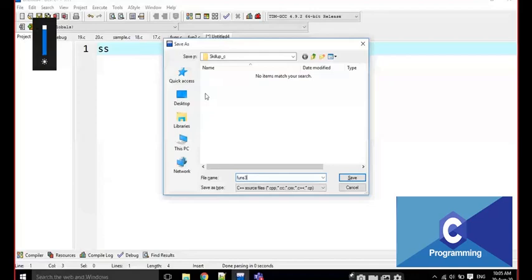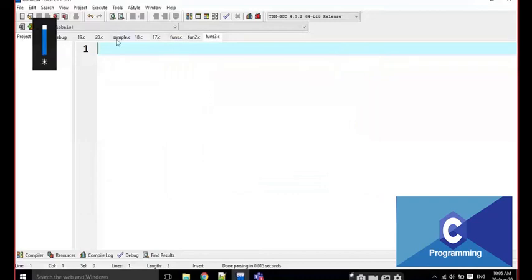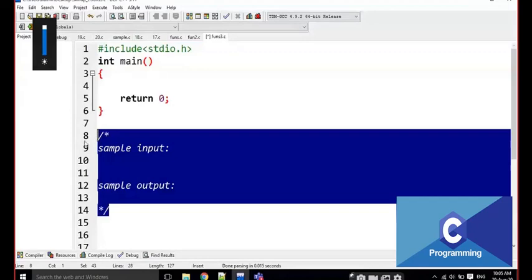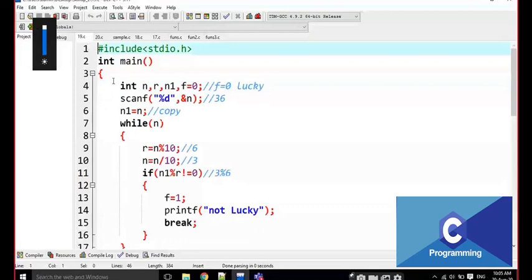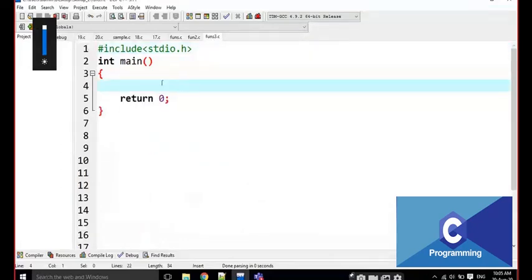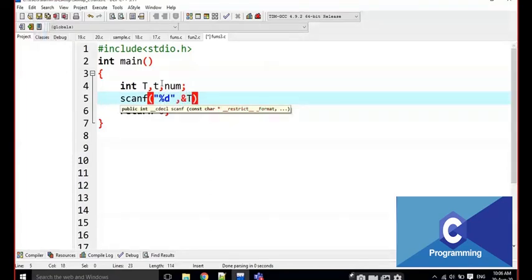Lucky or not. Okay. For that lucky number, we have to read only one number. I am going to write this program also using test cases only. Okay. For t and small t, and I am going to read one number. That's it. Just observe, everyone. First of all, the first one is for test cases.